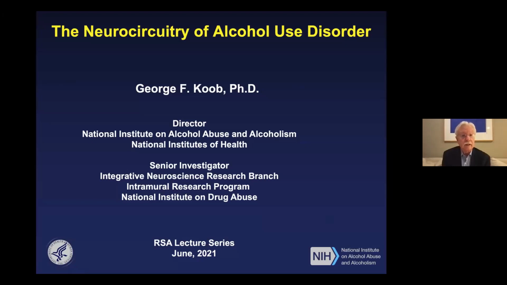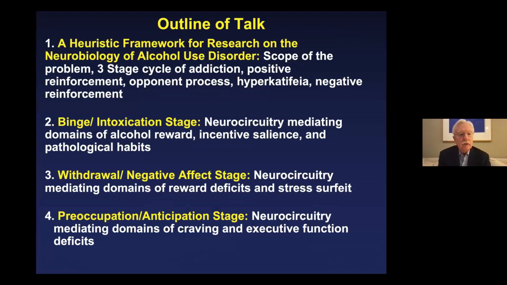I'm going to talk today about the neurocircuitry of alcohol use disorder. The outline of my talk is I'm going to talk about a heuristic framework for research on the neurobiology of alcohol use disorder. That'll include a scope of the problem, the three-stage cycle of addiction, positive reinforcement, opponent process, hyperkatifeia,